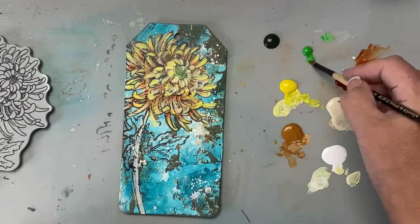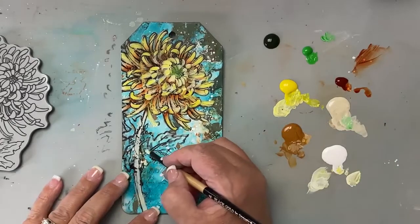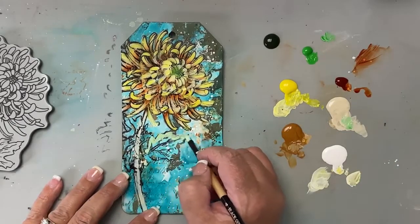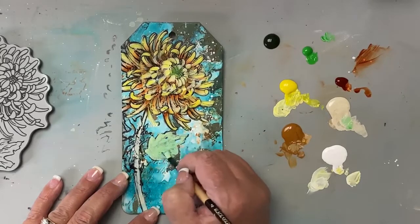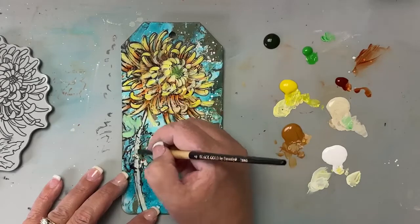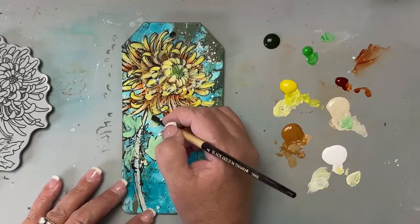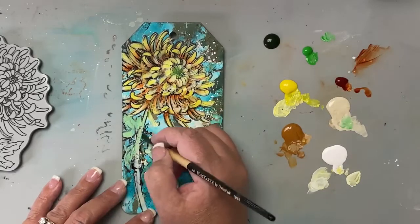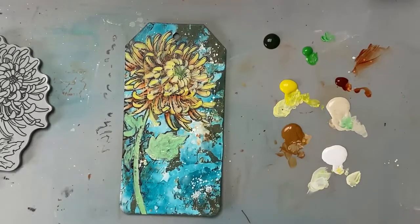Okay, so I'm going to take a little bit of the yellow-green light and some of the Titan Buff, and I'm just going to kind of haphazardly paint in these leaves. Really not going to make a big to-do out of those. I'm going to leave them pretty loose and right down the stem,